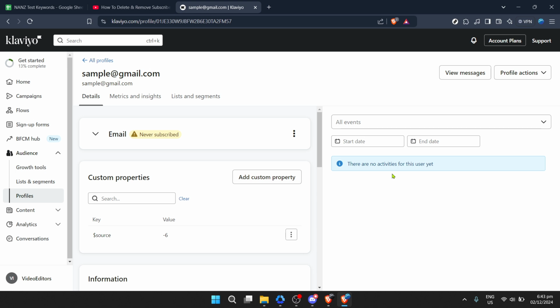In summary, managing your Klaviyo profiles by removing unnecessary or outdated entries keeps your database clean and ensures your marketing efforts are as effective as possible. With these steps, you now have the knowledge to navigate your Klaviyo account and clean up your profiles whenever needed. Don't forget, staying organized and proactive with your database management not only helps in maintaining a tidy list, but also enhances your email marketing strategy's efficiency.